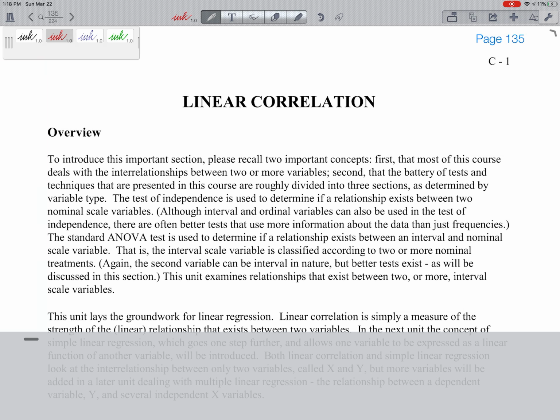So in statistics, when we talk about linear correlation, we're looking at the linear relationship between two interval scale variables, like the price of the house and the size of the house in square feet. And later we'll see that we can draw a regression line which describes that relationship. So that's what we mean by